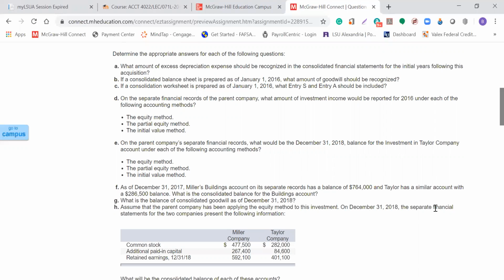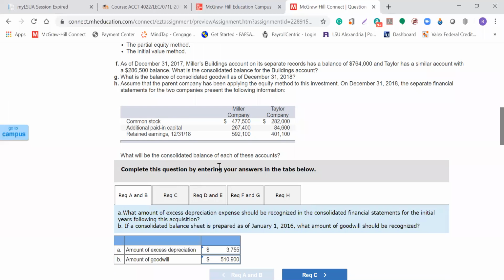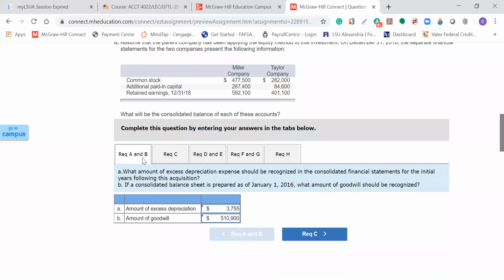On December 31st, the separate financial statements for the 2 companies present the following information: common stock, paid in capital, and retained earnings. A and B